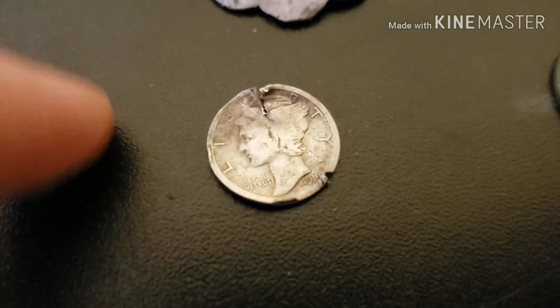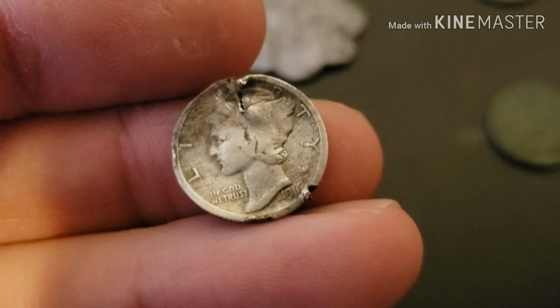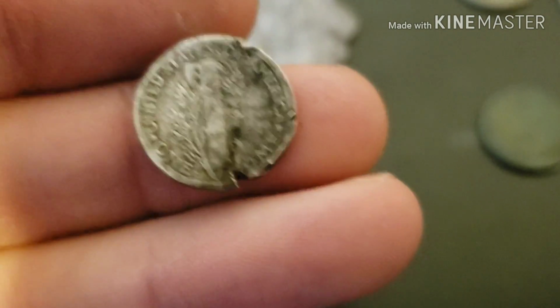And then I got one silver, being this 1916 Mercury dime that was very clearly hit with a lawnmower. And there is no mint mark on this one, sadly. But anyway, that was my hunt,